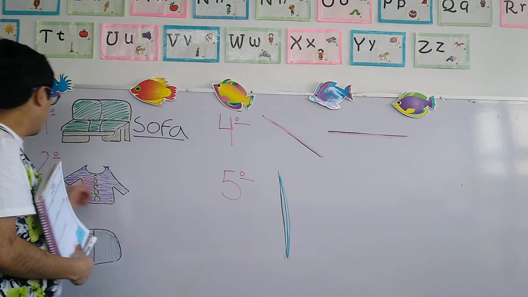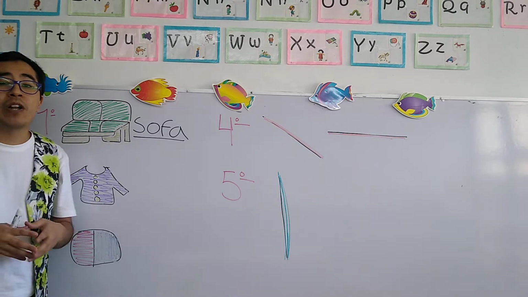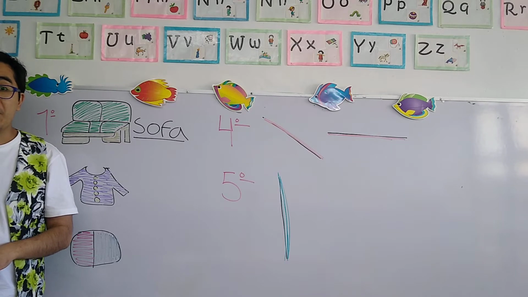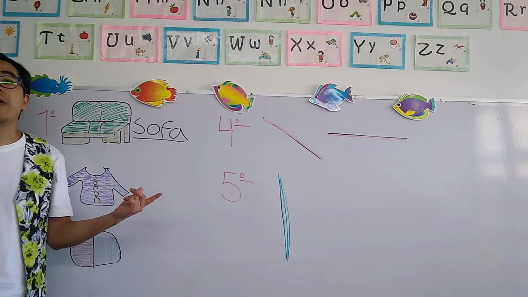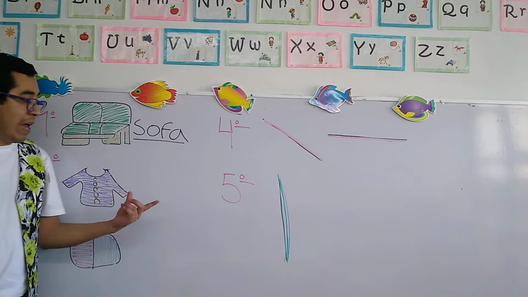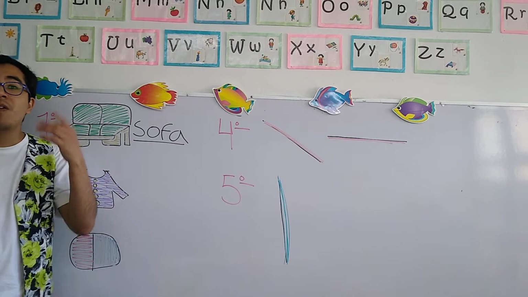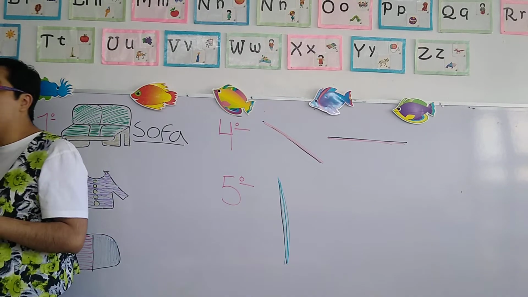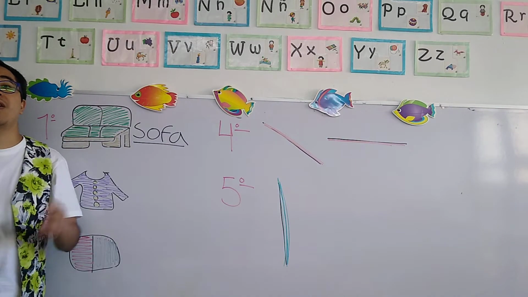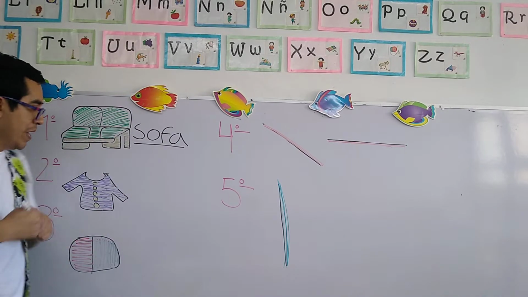Now, the second word, here we have an object that is part of the family of clothes, parte de la familia de la ropa, okay? In English, we know it as a blouse, but in Spanish, we know it as blusa. Now, the blouse is used for girls, okay? Not for boys, for girls. Now, check in your book and help the teacher find what are the letters that I need to create the word blouse. Letter B,